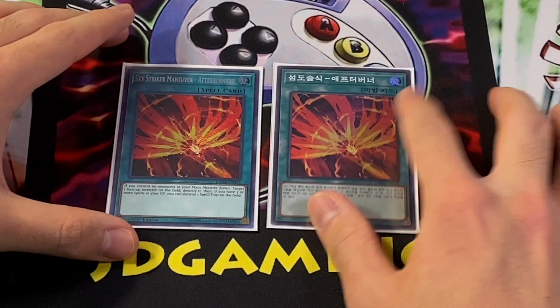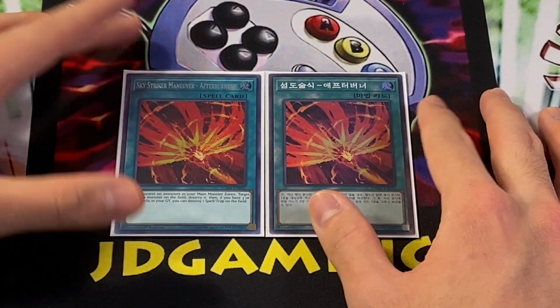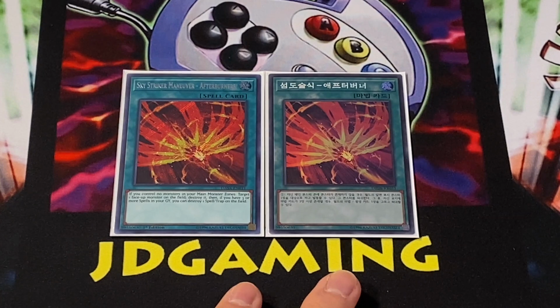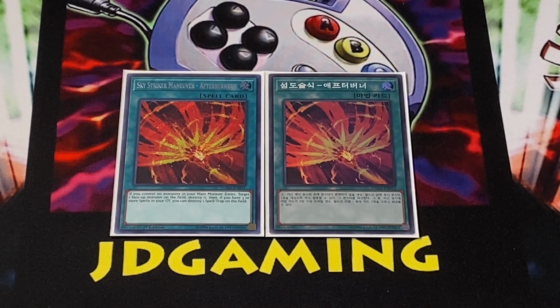Next up, I like playing 2 copies of Sky Striker Maneuver Afterburners. The main reason we play 2 copies as opposed to 1 like in the past is because it's not searchable with Engage anymore because that card is banned, and so by playing 2 copies, we can somewhat frequently see it through draws without necessarily having to search it. And if you really have to, then sure, you still have Shizuku and Hayate with Kagari in tandem as well